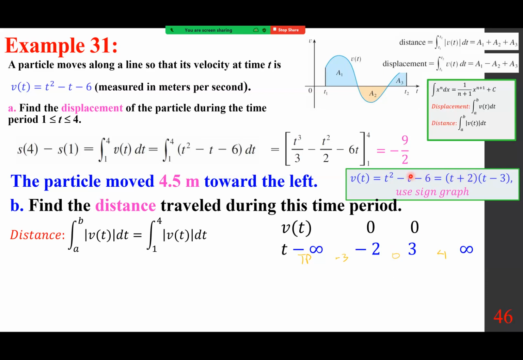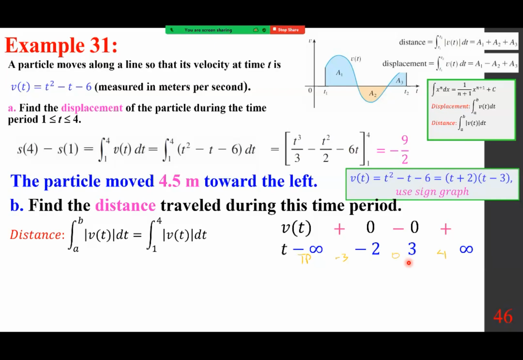Maybe it's negative, and they're going to alternate because each one has degree odd. But if you plug in negative 3 here, it makes it easier to go here. It's negative and negative, the product is positive. If you plug in 4, it becomes positive, positive, positive. So we have this. And what it means is this expression, v of t equals t squared minus t minus 6, is positive from negative infinity to negative 2, union 3 to infinity,